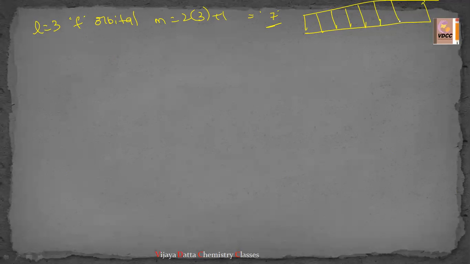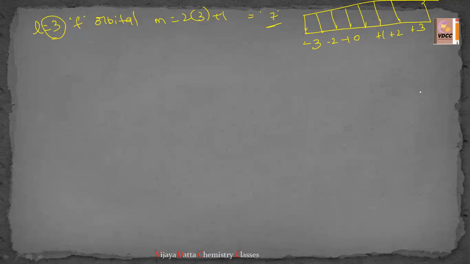Okay, 7 it is. So when it has the 7, they can be fxy, fyz, fzx, fxyz, fx square y square, fy square z square, fz square x square. These are the f orbitals, 7 degenerate orbitals, and it can have L value 3, right? So m value should be in between minus 3 to plus 3 including 0: minus 3, minus 2, minus 1, 0, plus 1, plus 2, plus 3. Okay, and these have the 7 spatial orientations, like we can say 7 values for the 7 spatial orientations.